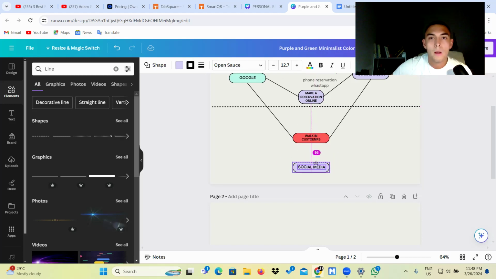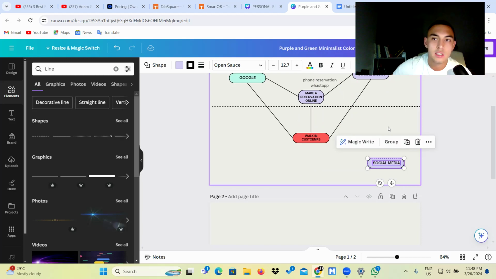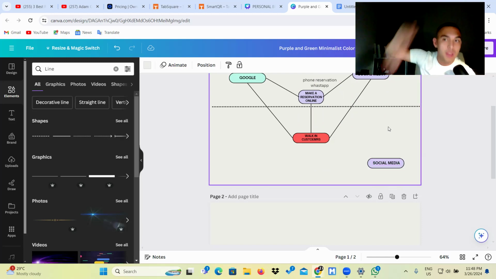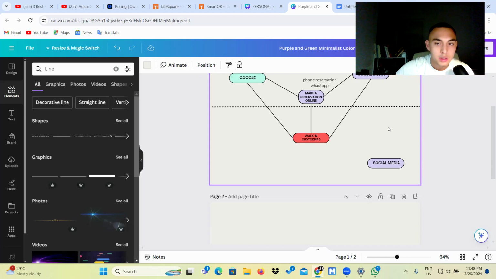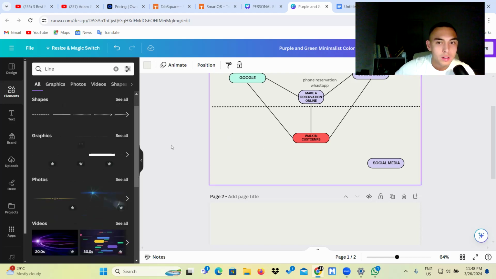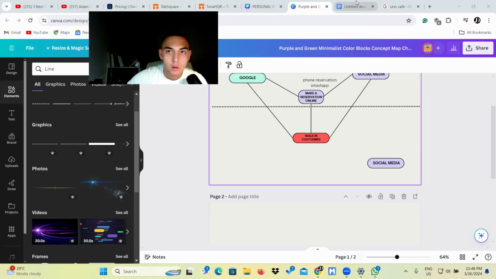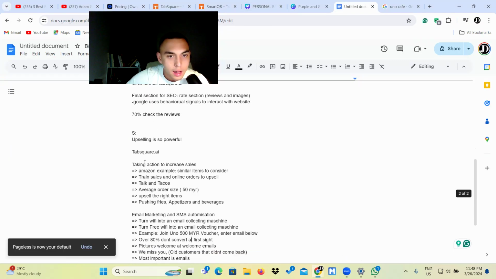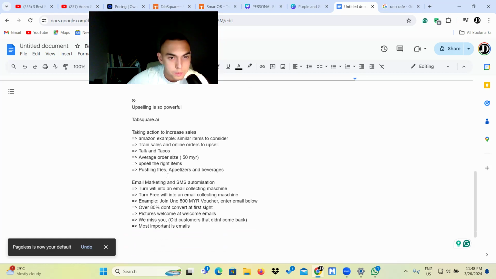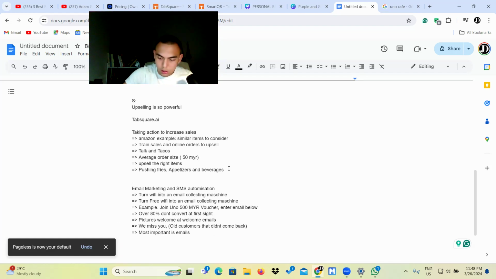So the moment they walk in, that is literally the end point, and from that point onwards, this is where the money happens. You need to convert everyone who walks in, and you do that, as I mentioned before, through some of the upsell strategies, increasing the average order value, upselling the right items, and just in general giving them an amazing experience. And there are obviously some psychological tricks, like